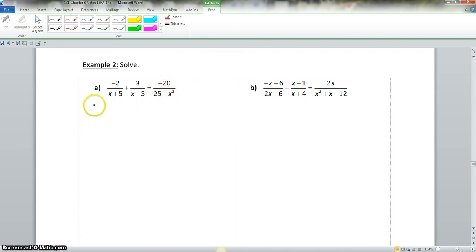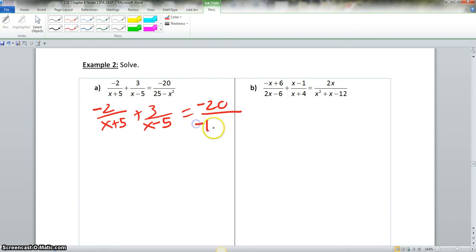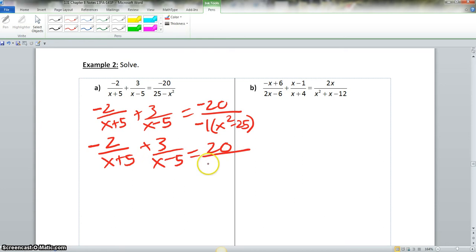We could factor out a negative 1. So we have negative 2 over x plus 5 plus 3 over x minus 5 is equal to negative 20 all over negative 1 times x squared minus 25, because factoring out this negative 1 would change the sign of both of these values. Now we know a negative 20 divided by a negative 1 would give us a positive 20. Let me write that down. Negative 2 over x plus 5 plus 3 over x minus 5 is equal to a positive 20 over